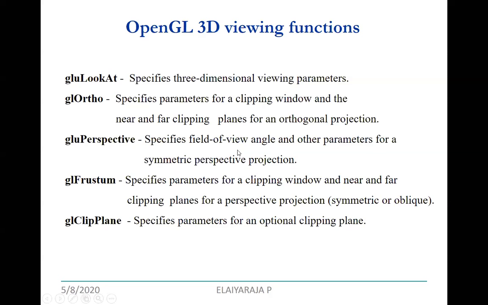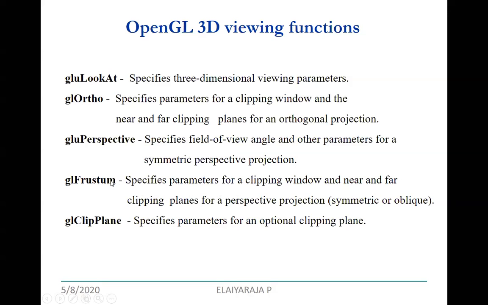After gluPerspective, you can write the function using glFrustum, which is used for perspective projections, specifying left, right, top, bottom, near, and far.